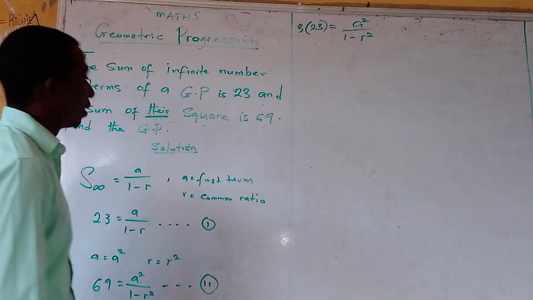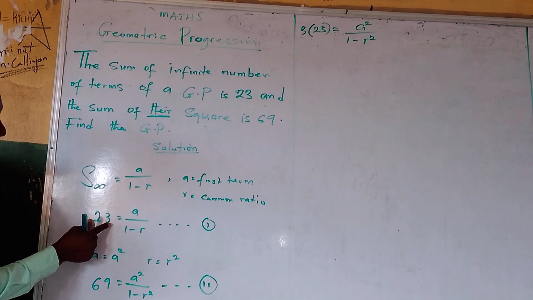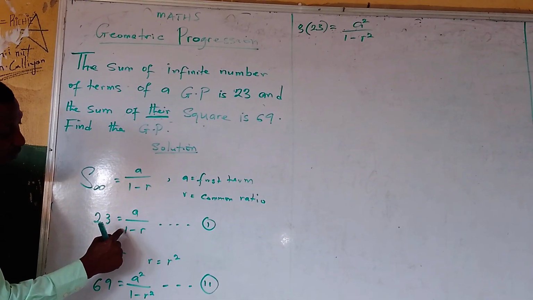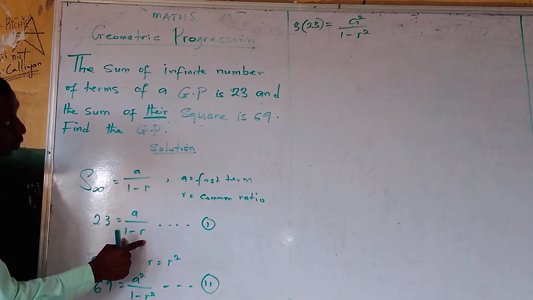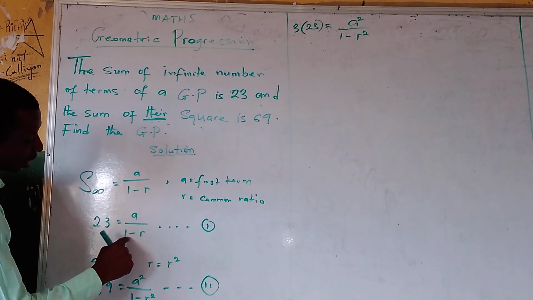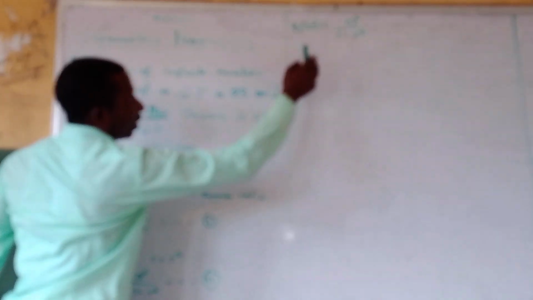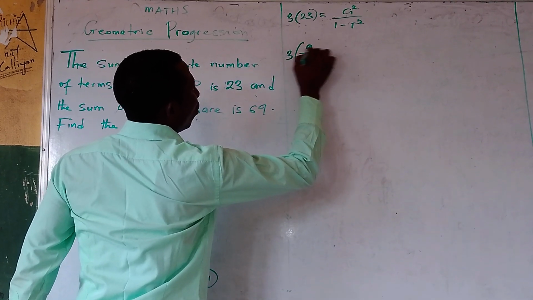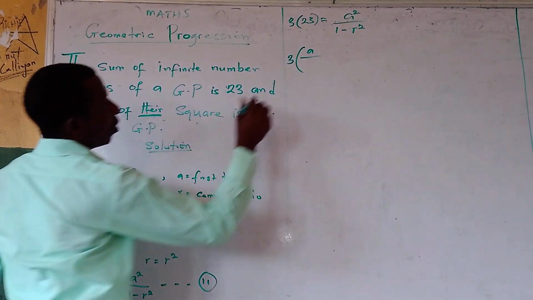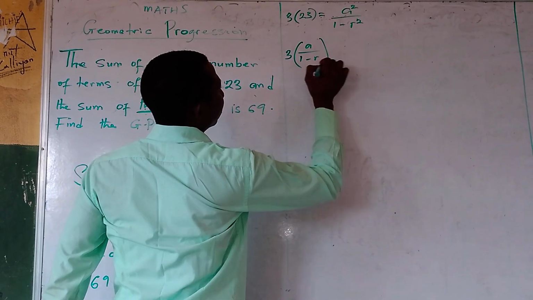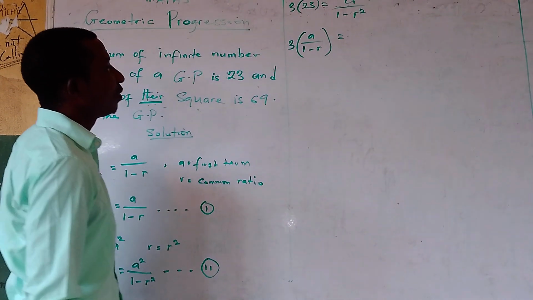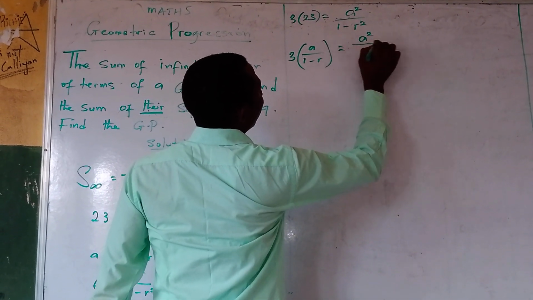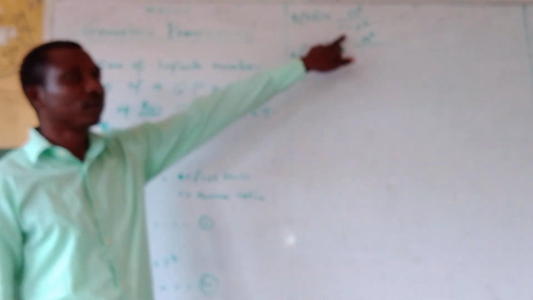So in this case, wherever you have 23, now you can insert A over 1 minus R. So this A over 1 minus R will be replaced here. So we now have this to be 3 open bracket A over 1 minus R, and that gives us A squared all over